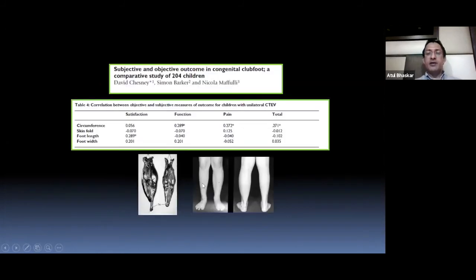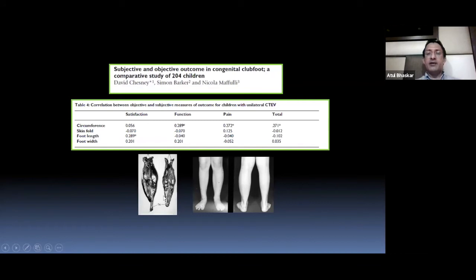Again, remember that the calf is always atrophic, and there have been some studies looking at calf atrophy. Many students I find in the exam forget to examine the calf, and the examiner will ask you, what about the leg? Have you seen the entire leg? Don't forget to look at the limb length as well. Sometimes in severe clubfoot in a walking child, you must measure the limb length, and there may be mild tibial shortening as well. You must assess the tibial torsion from the tibial tubercle to the bimalleolar axis, because in clubfoot you will have tibial intorsion.